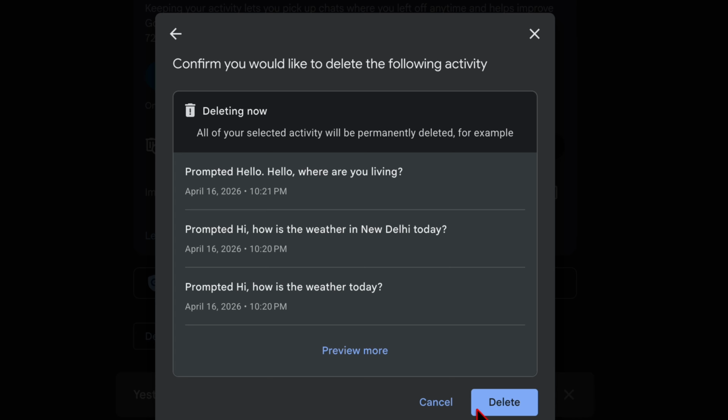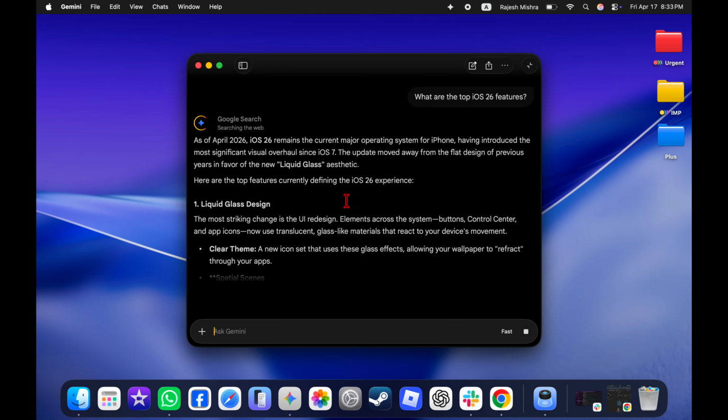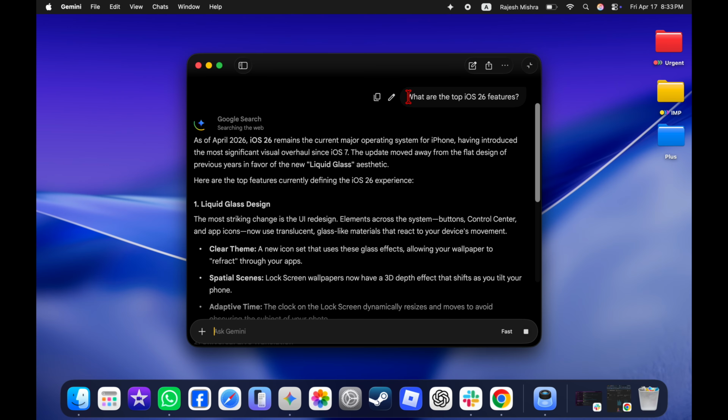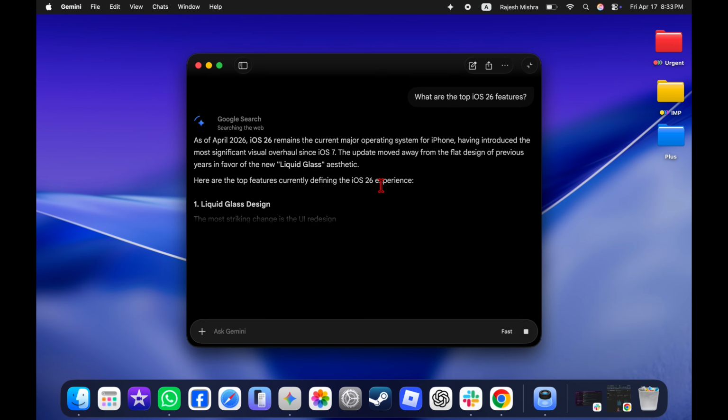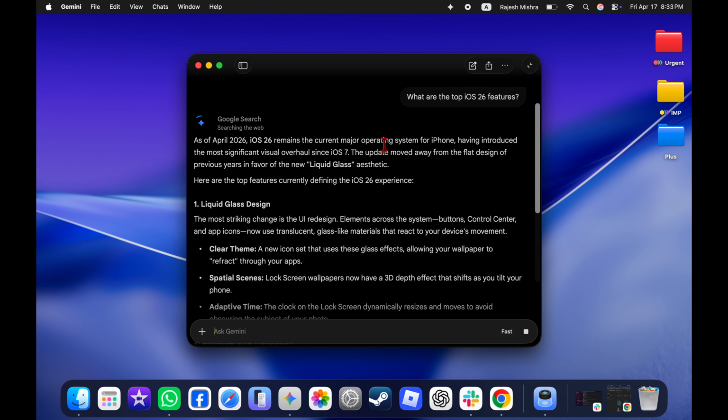Deleting your activity from Google Gemini gives you better control over your personal data and how it's managed. Whether you are clearing specific entries or wiping out everything, it's a quick way to maintain your privacy and keep things perfectly organized. Therefore, make it a habit to review and manage your activity history to stay in control of